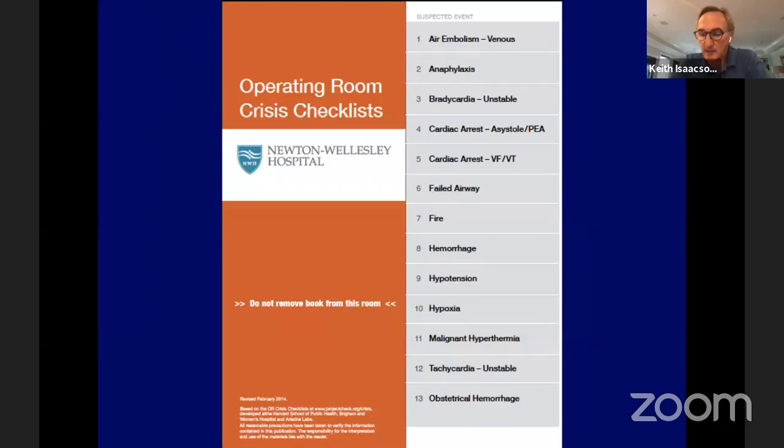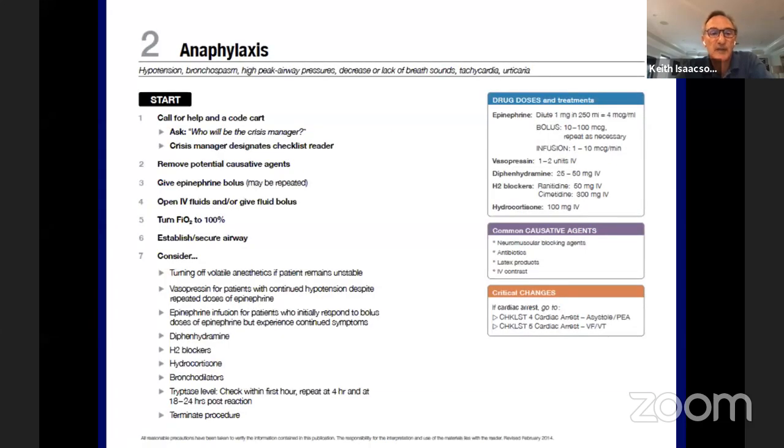So we talked about, someone mentioned complications earlier. Fortunately, the risk of complications is fairly small, but what you want to do is make sure that if you have a complication, that you can easily handle it. So we actually have this crisis checklist that we borrowed from the operating room, because some of it is pertinent for the office. So for example, if you have a patient who has a severe vagal response in the office, or she has an allergic reaction to one of the medications that you gave her,